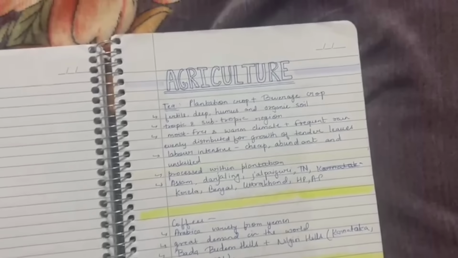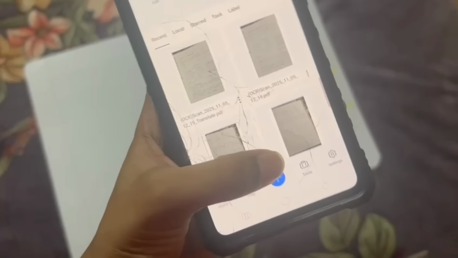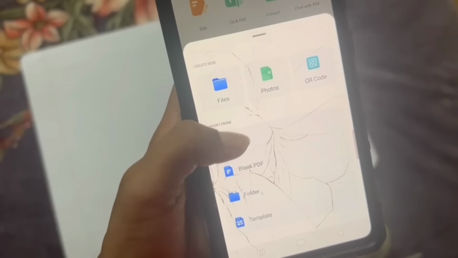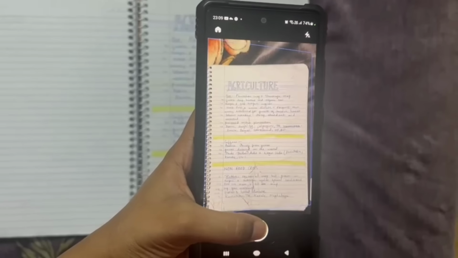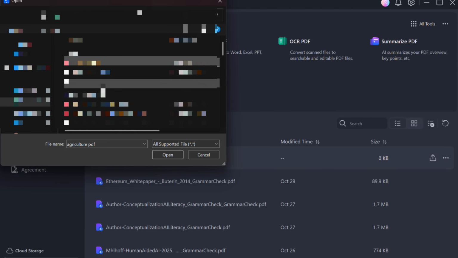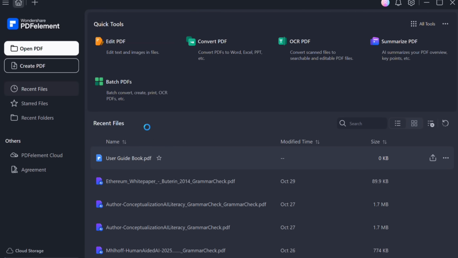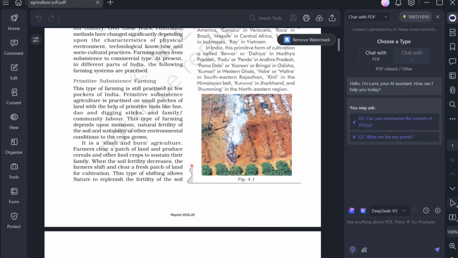First of all, we can digitize our notes to convert them into PDFs, and we won't have to flip through pages of paper. So these are my notes, and I can just click on the scan button and quickly scan my notes to convert them into PDF instantly. And if you want to upload any PDF, you can just go on the create PDF button, and then you can go to file option, and you can upload whatever PDF you like, and after that it will open on the app, and from here we can edit it however we want.